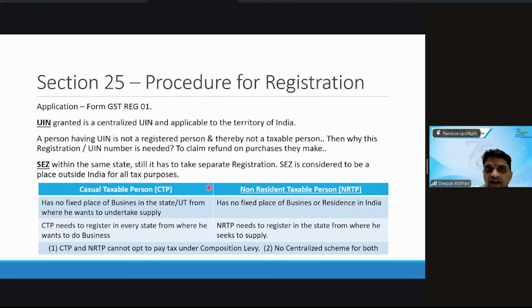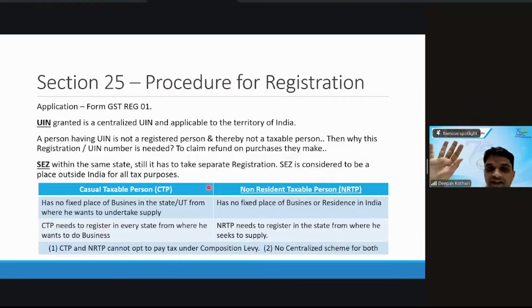What is the use of this UIN? Will they do any supply? They will not do any supply, but they will take services from Indian entities. So once they take services from Indian entities, we will charge GST because there is no exemption. So once we charge GST, they will get affected to that extent, because for them there is no income against which they can offset this input. Correct? So they will take all the purchases on which we charge the GST and claim the refund. That's the reason UIN will be given to such entities.